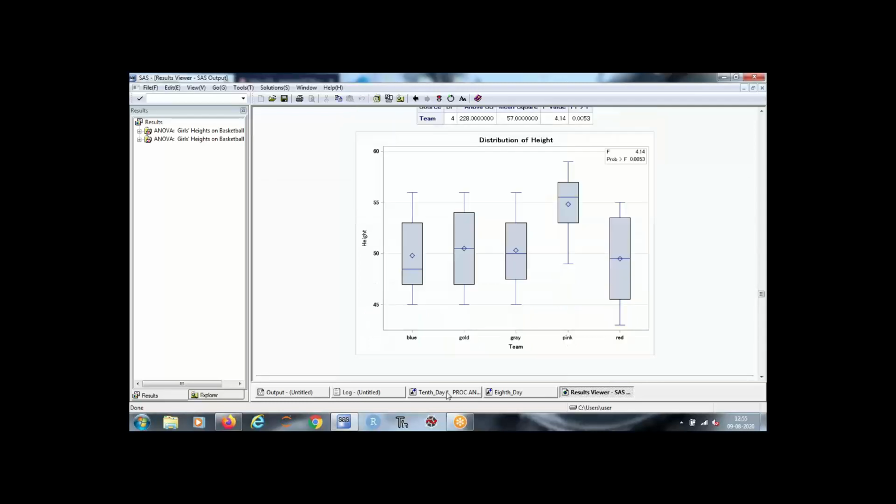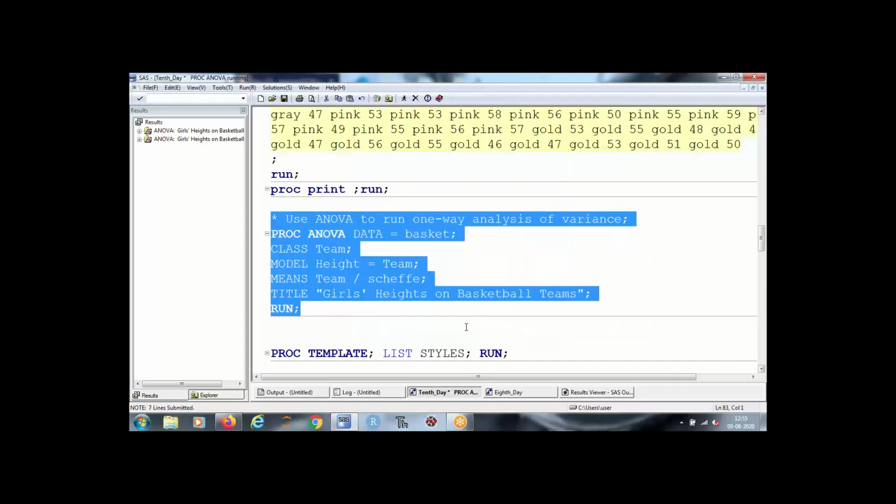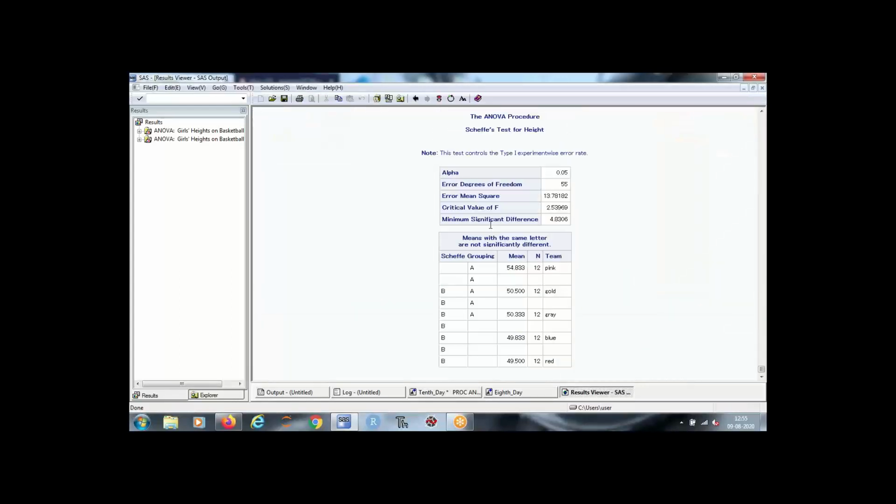So you are not getting which output? This one? The last one, sir. This one. So write Scheffe grouping. So here you need to write Scheffe. Can you double check the spelling?